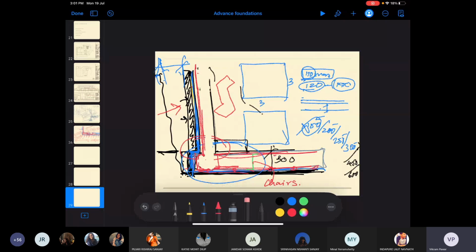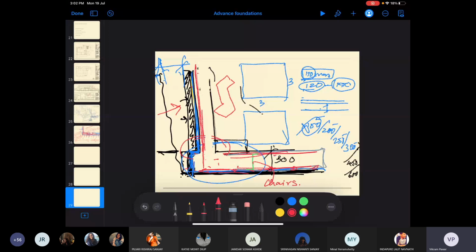So this reinforcement will come like, sorry, this reinforcement will come like this, and it will go and sit on this, the bottom main reinforcement.